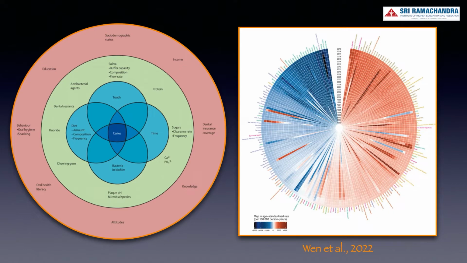The burden of untreated caries in the primary teeth accounts to roughly around 62.9 million cases in the primary teeth, directly attributed to cross-country socio-demographic inequality in 2019. This accounts to roughly around 12% of the global number of prevalent cases of caries in the primary dentition within the age group 1 to 4 years. There are several impact statements in this paper and would be a good read. I would suggest, if you get a chance, to go through this.